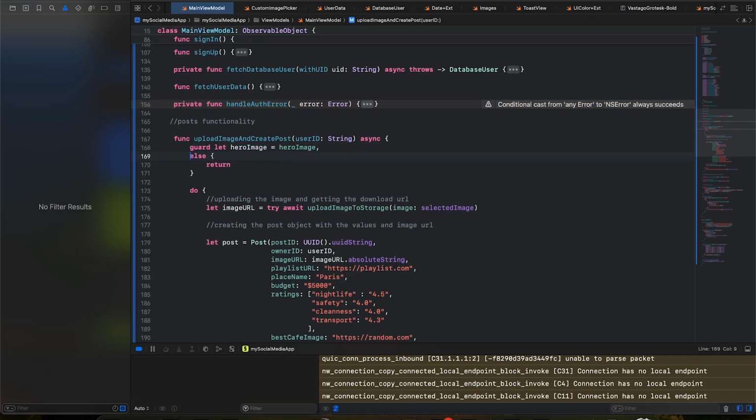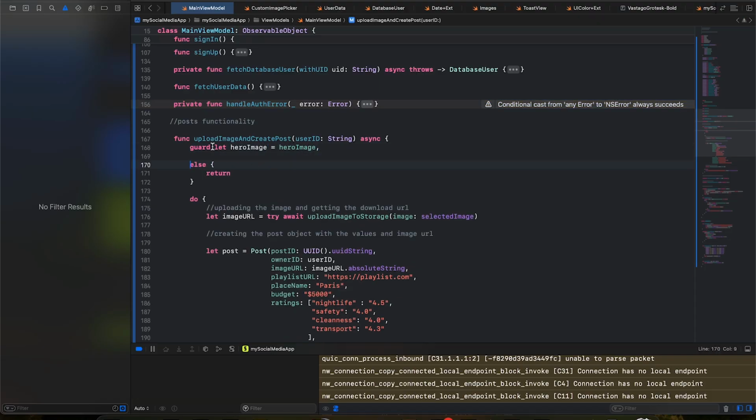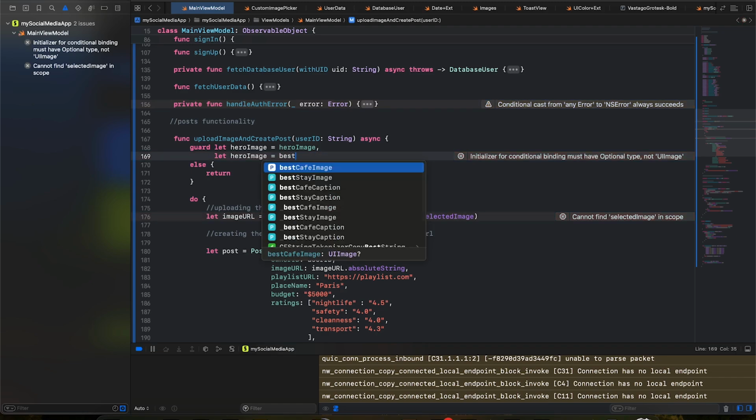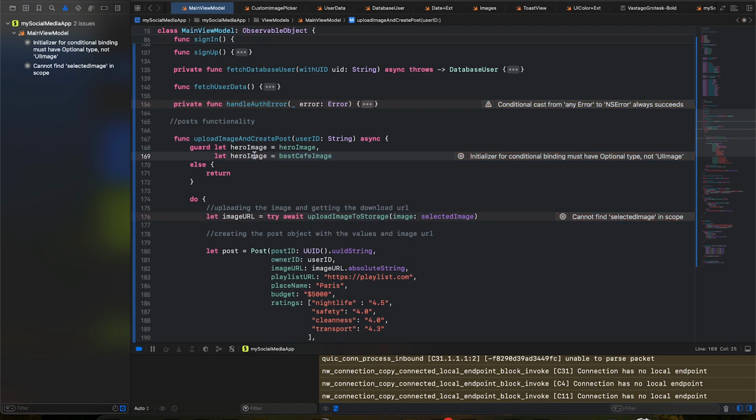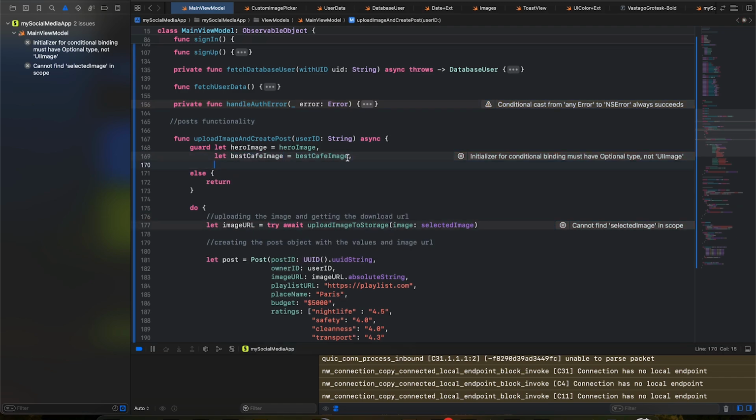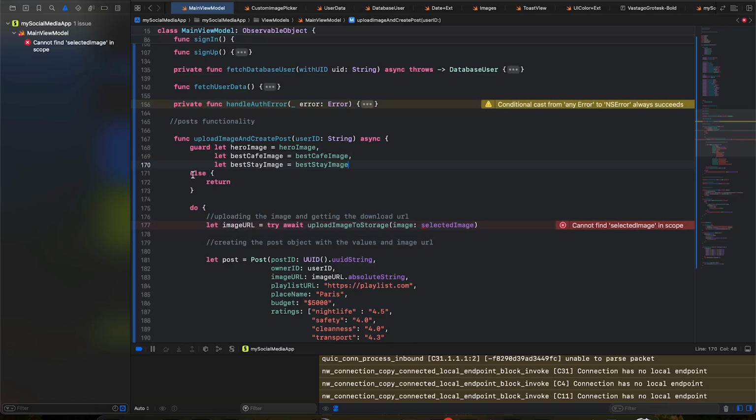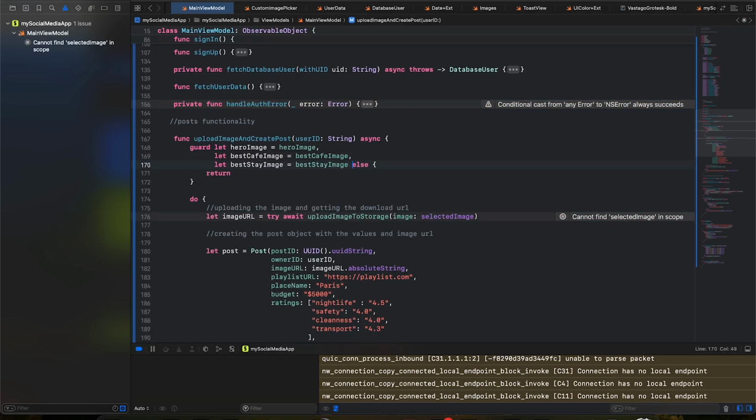We can add a comma here, and then we can write it for, let's give it tab. So now it should be best cafe image. We can do this. Now we can have let, oops, it should be let best stay image equals best stay image, no, best stay image. This is there, and we can move the else to here, and the return statement is